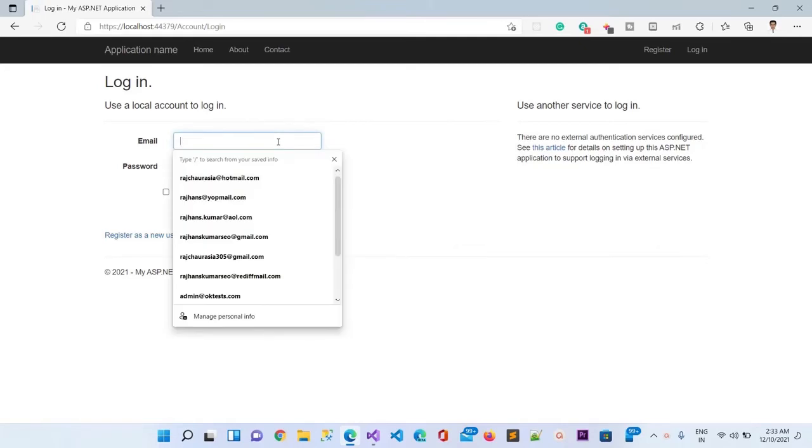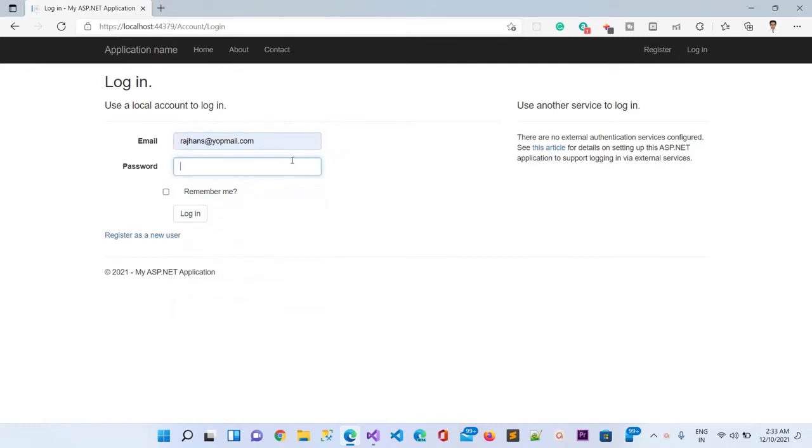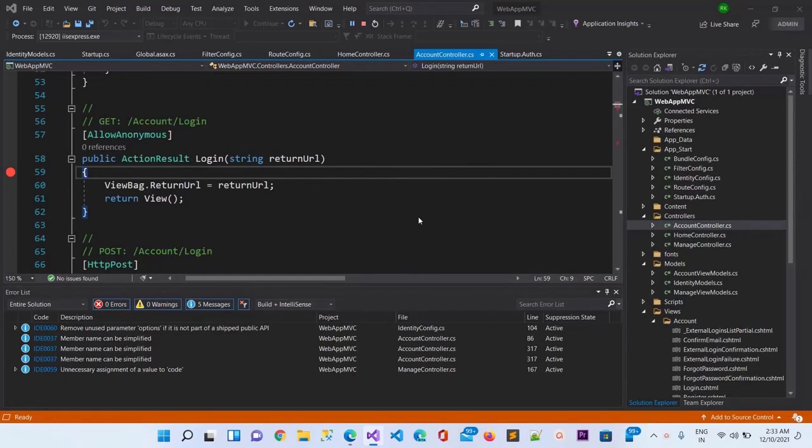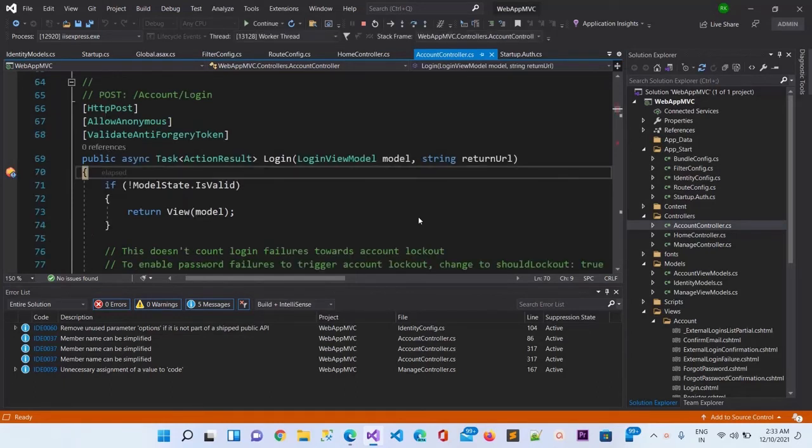Here I will use this one, and here I will put the password that I have just used to create the user. Let me click on login, and now you can see it has reached the post login method. Here I will have the model, and there will not be any return value right now.